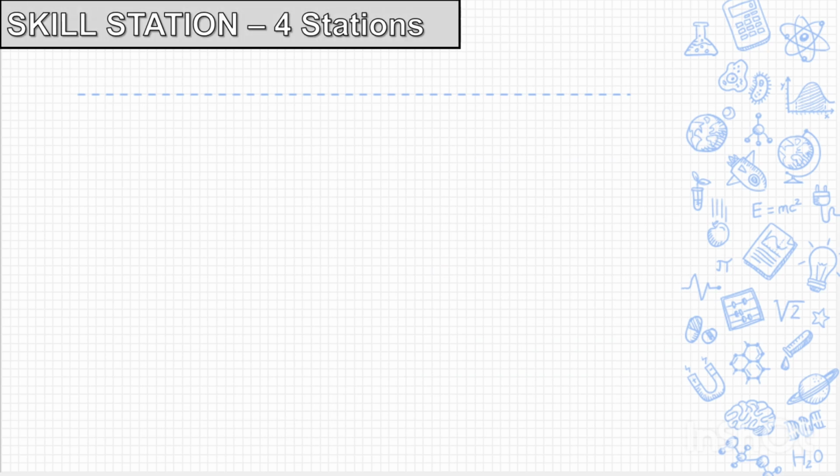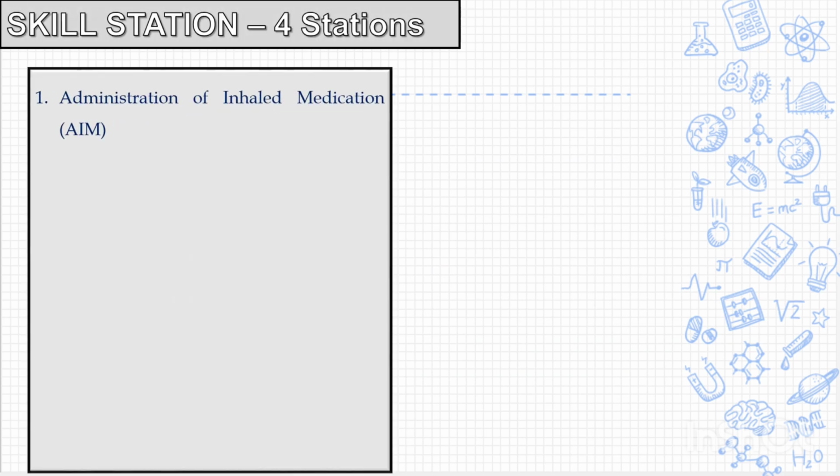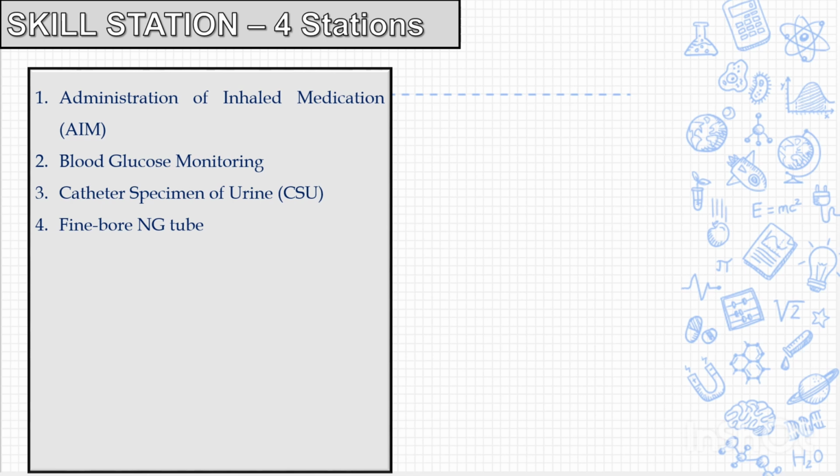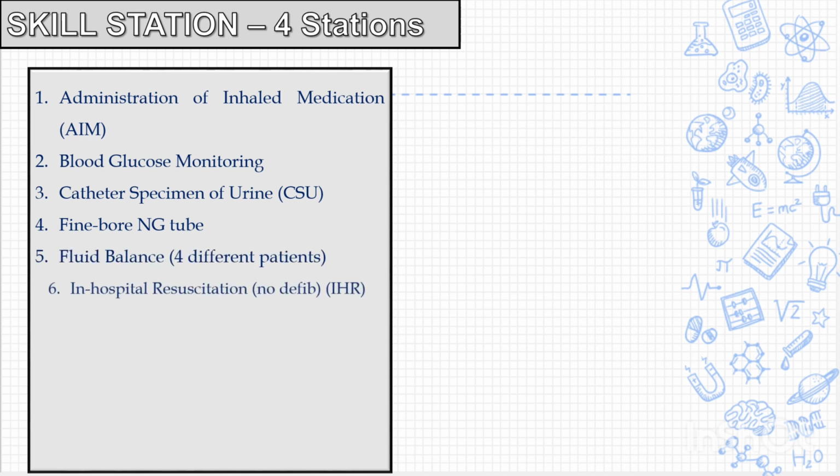The next 4 stations are your skill stations. You may get any of the following procedures out of 22. The first is administration of inhaled medication, blood glucose monitoring, catheter specimen of urine, fine bore NG tube, fluid balance,